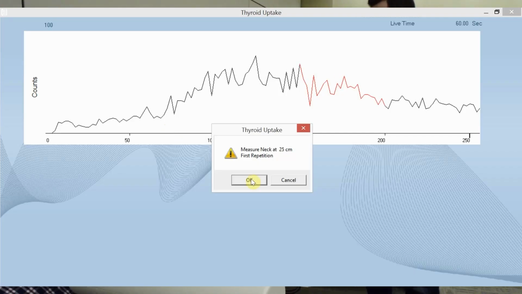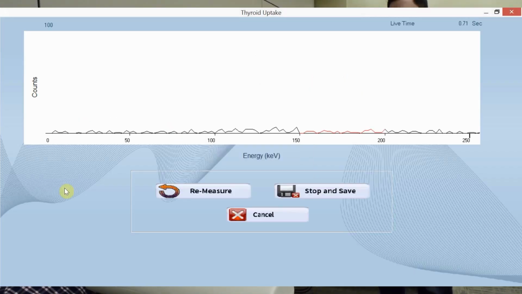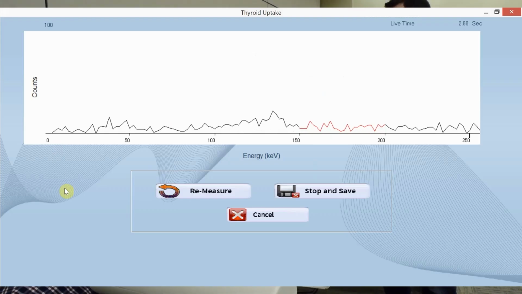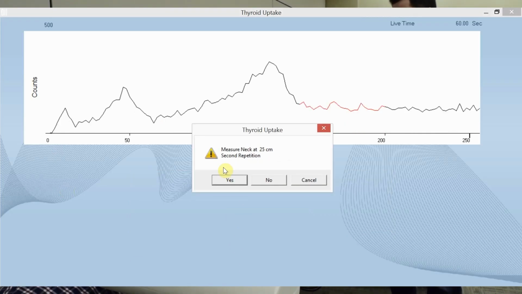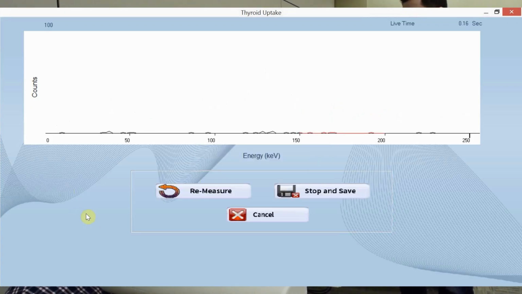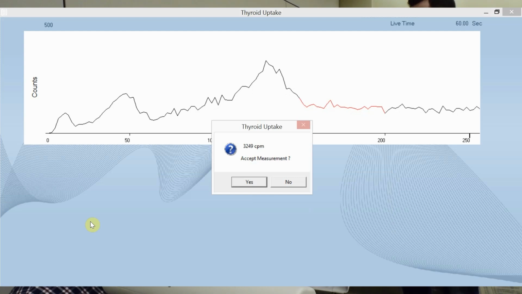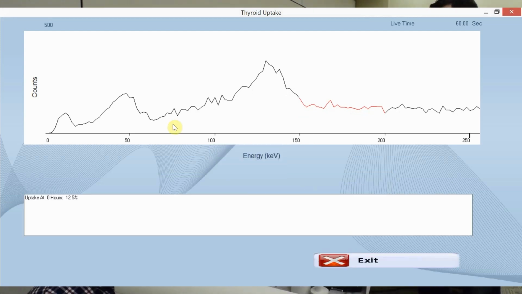We're going to say OK. The system will count for its 1 minute. Once our minute is completed, we're going to accept our measurement and perform a second repetition. Once our second repetition is completed and we accept it, the system will give us our uptake result. So now, once our uptake result is available, if we exit our screen,